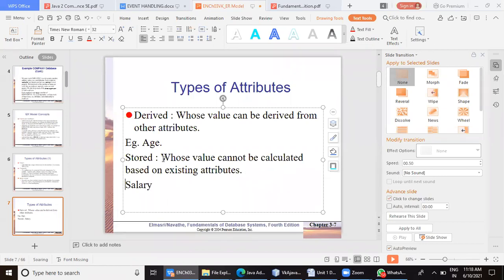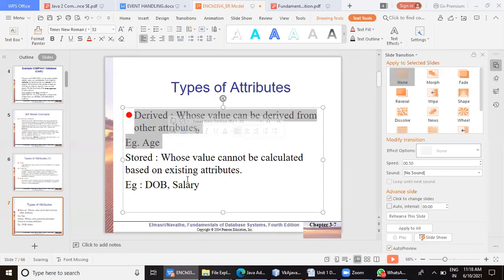The best example is your birth year, or let's call it DOB, date of birth, and then salary. So these are the stored attributes whose values should be stored. They cannot be calculated. In contrast, age is the attribute whose value can be calculated once we know the birth year. So derived attributes can be derived from the value of other existing attributes.